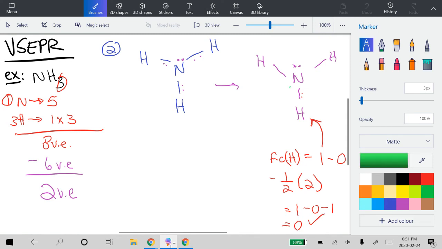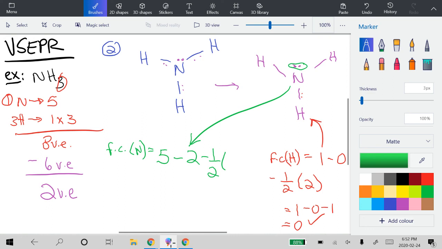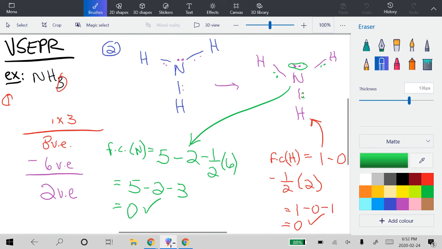And lastly, the nitrogen formal charge. Hopefully lastly, as in if this is a good formal charge close to 0, not a crazy high number. So we know nitrogen comes from group 5, 5 electrons minus 2 lone electrons, minus half of 6 bonding electrons, which is a total of 5 minus 2 minus 3, or a 0 formal charge, which is perfect. So now we know our guess is good. We can get rid of all of this